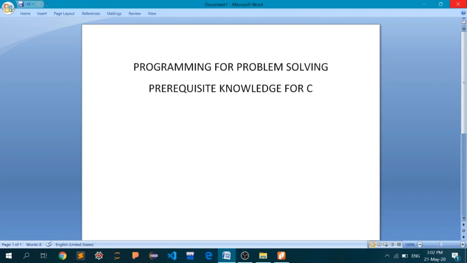Today we are going to see very small details, that is, very small knowledge that we have to gather before actually starting on with C. So I've provided the title for this particular lecture as the prerequisite knowledge for C. Now the word prerequisite actually means the knowledge that you must have to move ahead before starting with C. These are very tiny details that you are already familiar with, so I'm just going to repeat those.